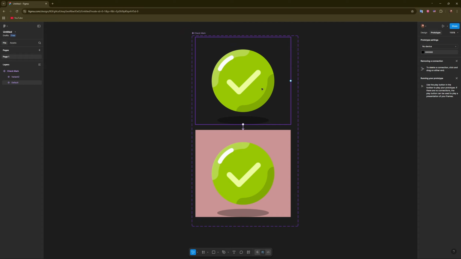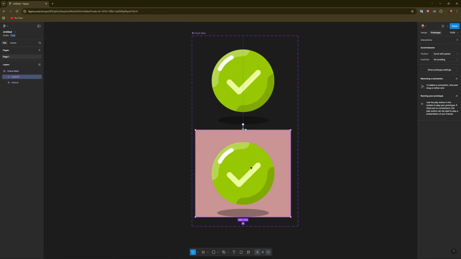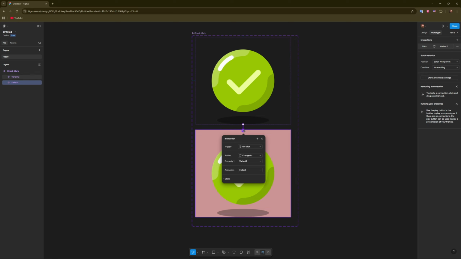Now we of course need to create some kind of action, so in this one, we will create the button. So you just go ahead and click on the arrow and then trigger on click action. You just need to change to property variant 2 animation instant, and now this is basically going to be our